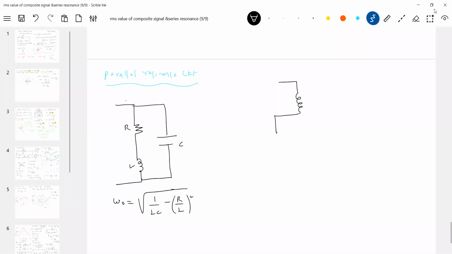It can happen that the inductor is ideal, but what will happen? The capacitor will not be ideal. In this case, the resonant frequency will be